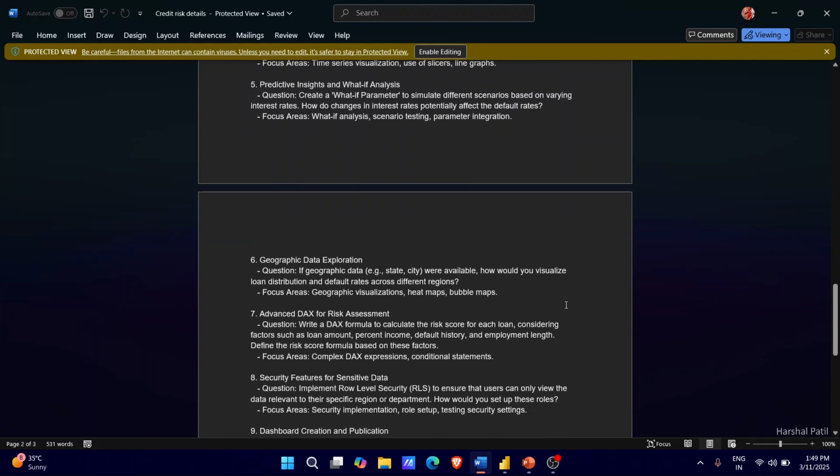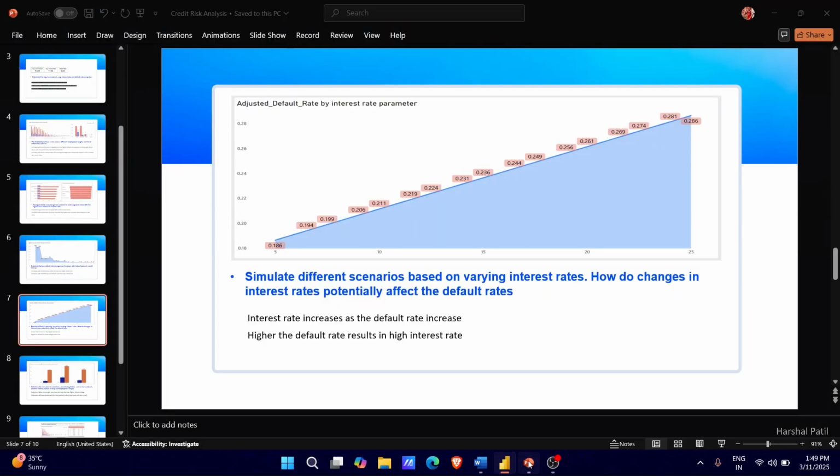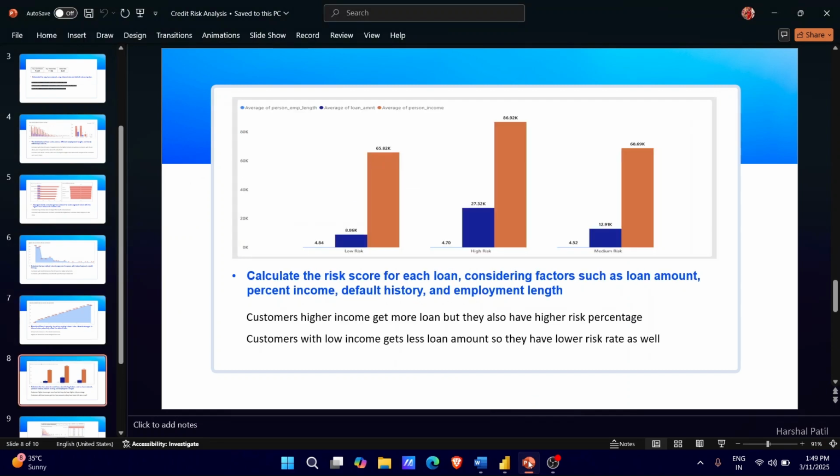If geographic data were available, how would you visualize the loan distribution and default rate across different regions? So for that, we don't really have the geographical data in the data set. So we just skip that question. On to the next one, which is